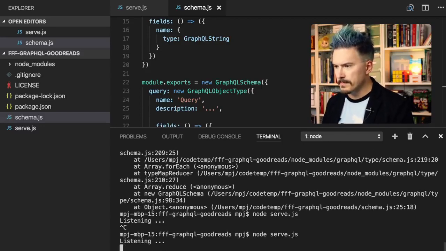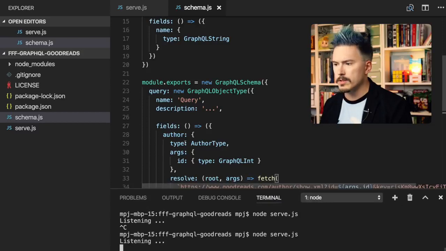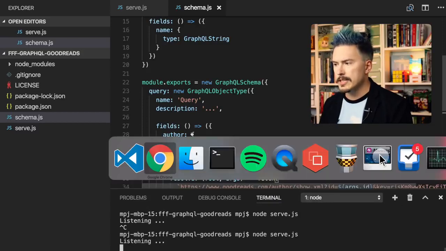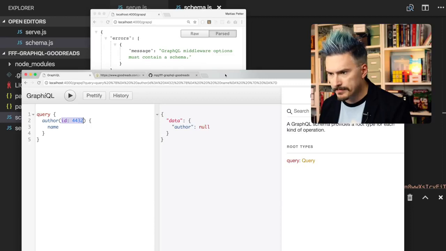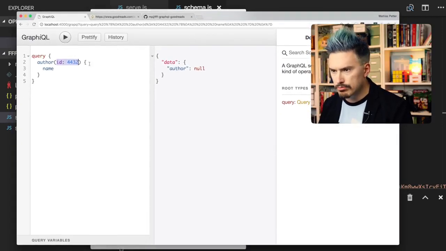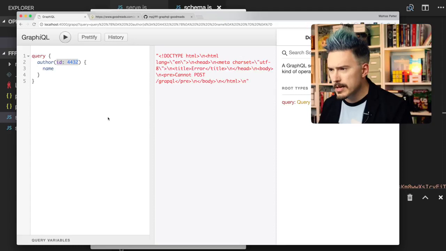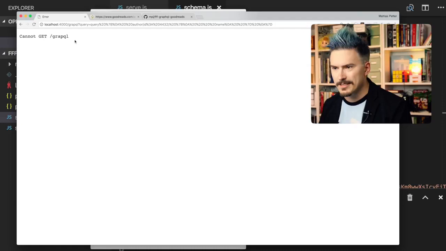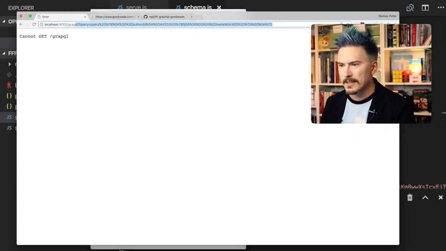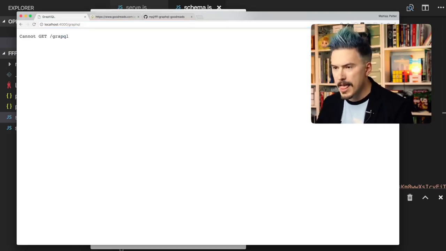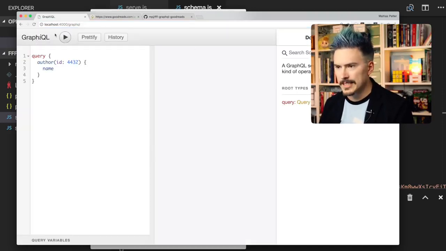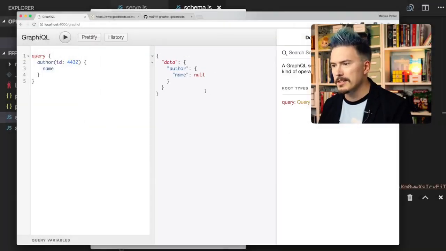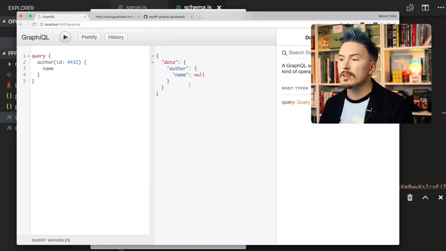Let's restart the server. I'm going to make this window a little bit smaller, and let's jump back to the browser. And let's run that and see what happens. Oh my god! Cannot. What even? All right. It's because I fixed the typo. GraphQL. Blam. Run. Okay. Author name null. Well, this makes sense because